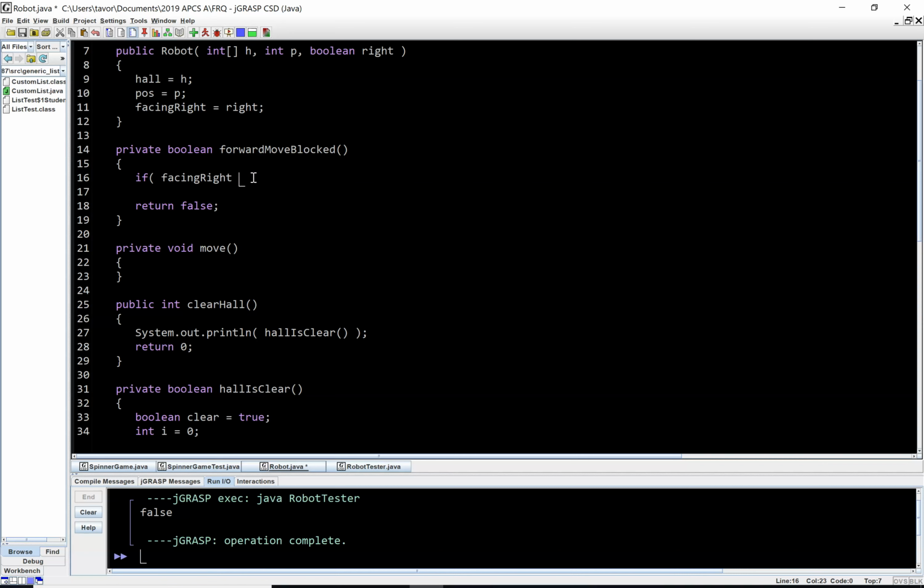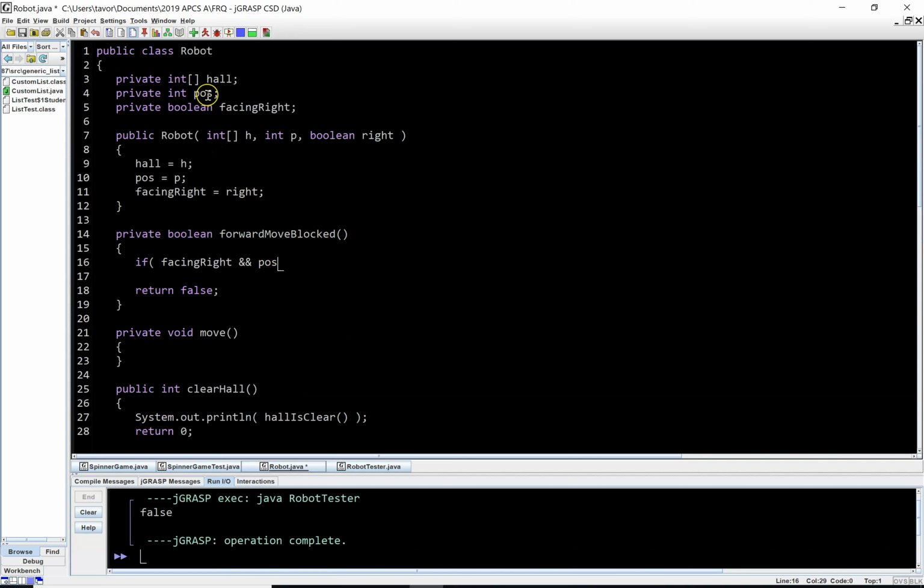If I'm facing right and the position of the robot, which is that variable, is equal. So if I'm facing right and I'm at the end of the array, which would be the length of the array dot length minus 1,